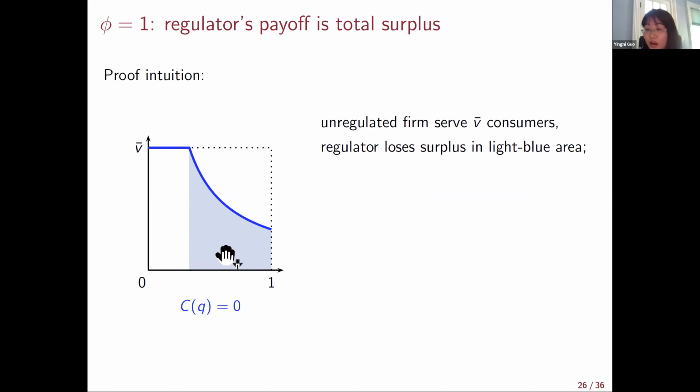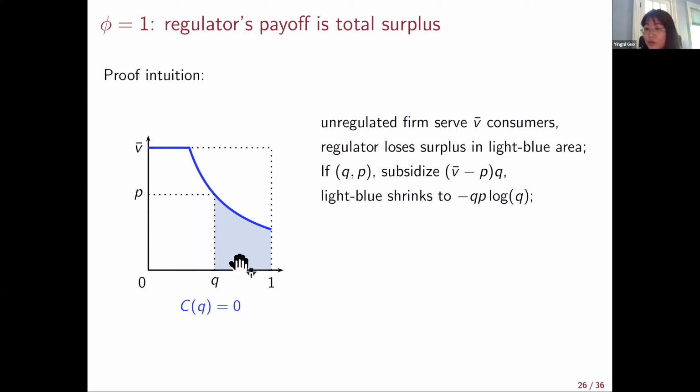So I'm suffering a lot because this firm is only serving Bill Gates in the market, only serving those people who have a very, very high valuation for the product. Okay, so I'm telling the firm, if you go beyond this point, if you choose Q and you choose price P, I would subsidize you for the difference between your price and the V upper bar. So this firm for sure would go to this Q point, and my regret would shrink to this blue area. Right? So I don't care about the redistribution. So I only want the firm to be as close to 1 as possible. So now my regret would shrink to this area.